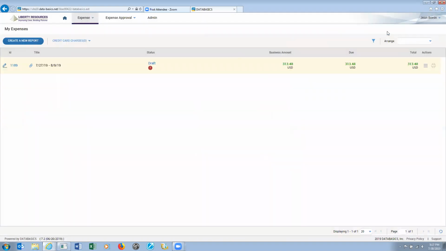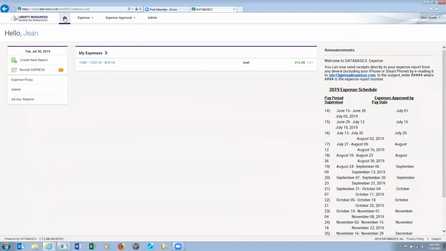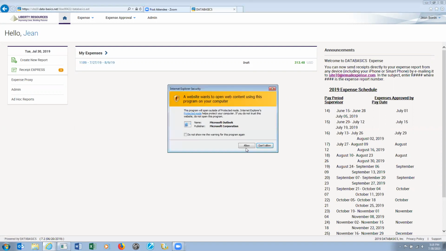There is one other way to attach a receipt I want to review. If you're back here on your login page, right here there's an email address. And what you can do is you can actually email a receipt to yourself. And if in the subject line you put the expense report number, that will get attached right to your expense report. So if I know that, which I do in this case, that it is expense report number 1189, what I would do is